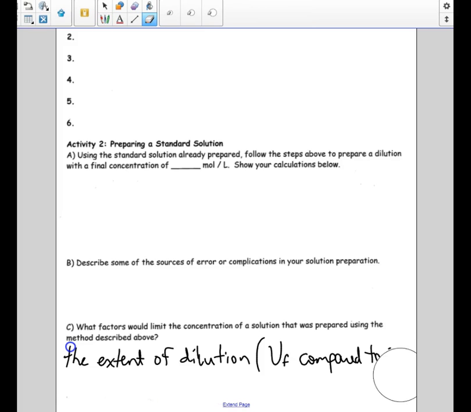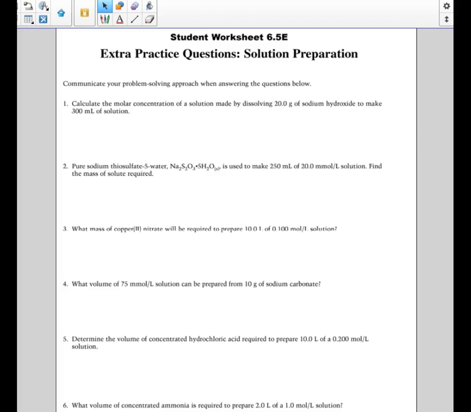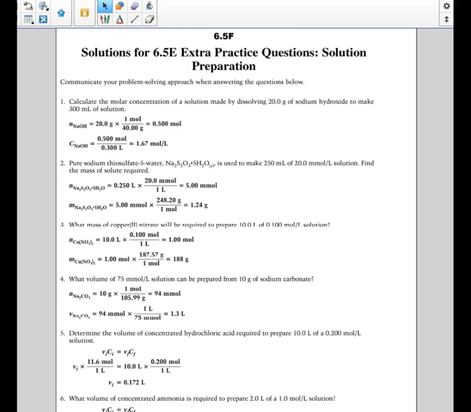And of course those two values alone really determine the ratio of the concentrations. All right, now coming back to the solution preparation. Maybe at this point you've had a chance to complete and check your answers with this practice worksheet on the website. So now I'm just directing you to